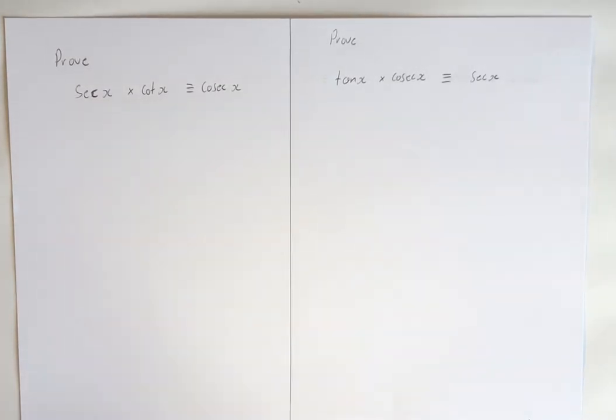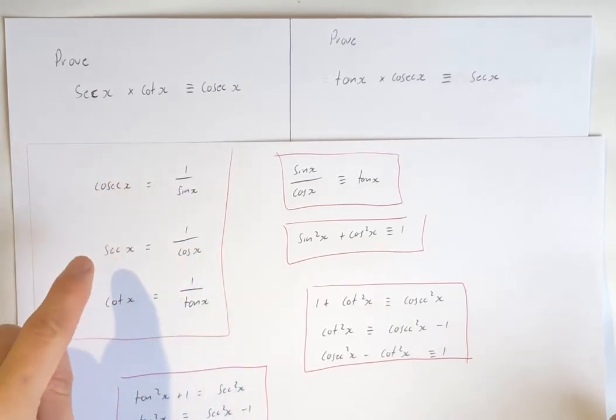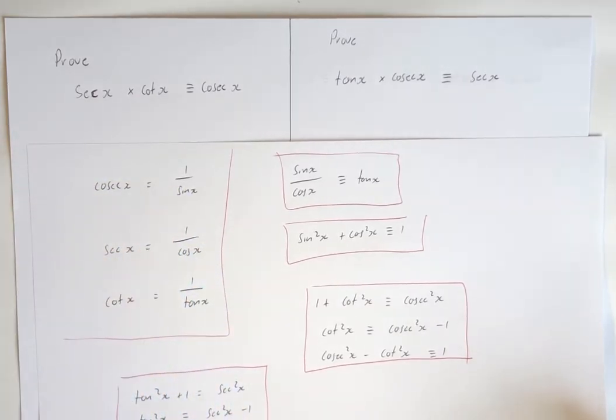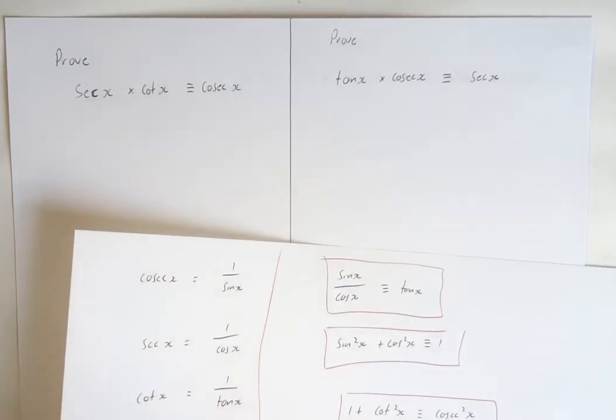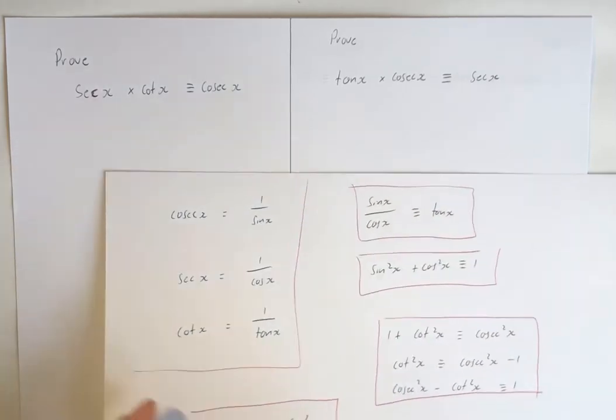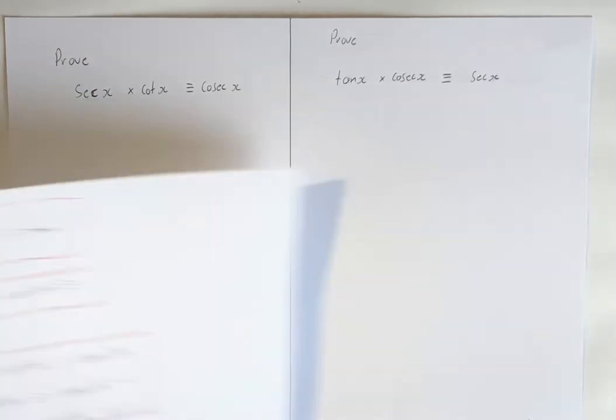So remember, we know these ones. Cosec is 1 over sine, sec is 1 over cosine, and cot is 1 over tan. So cosecant, secant, and cotangent, and these are just the short terms. I remember sometimes in some books this will be CSC. Alright, so